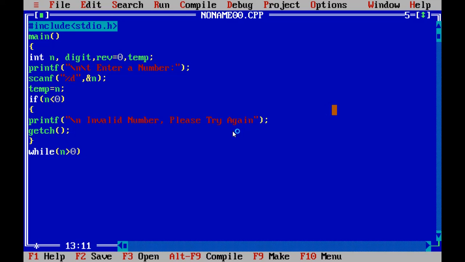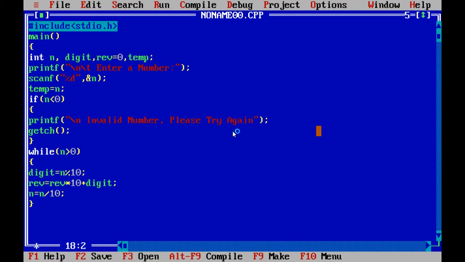If the entered number is greater than 0, we will enter into the loop. digit = n % 10. The modulo operator is used to get the remainder. rev = rev * 10 + digit; n = n / 10;